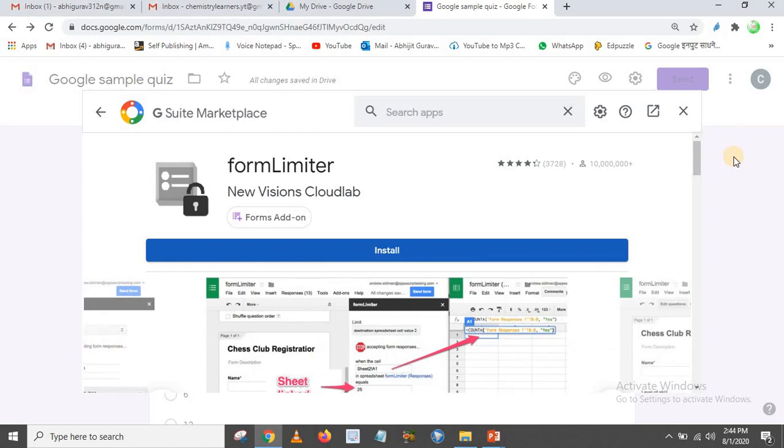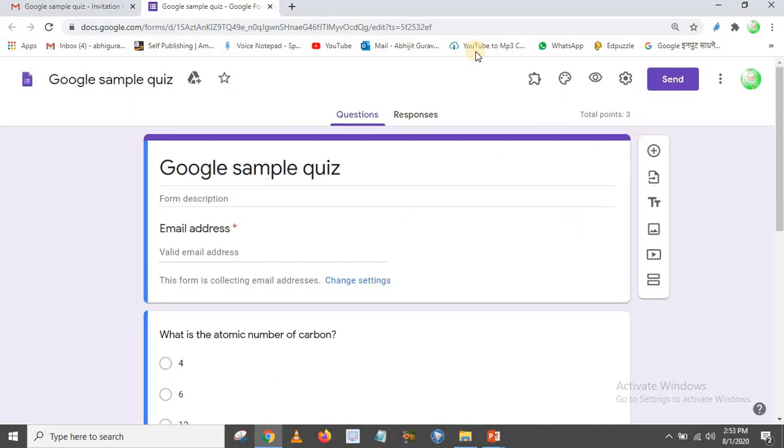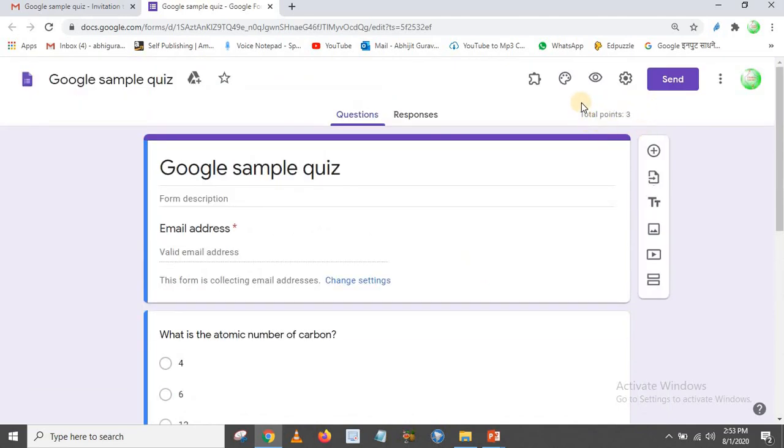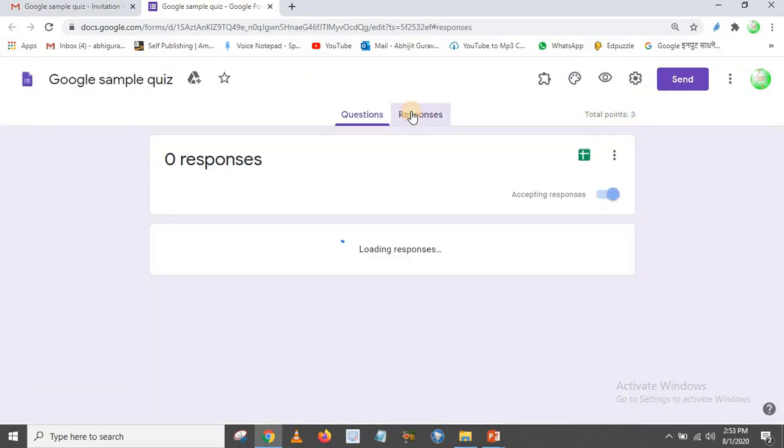After adding that add-on and clicking on the form, you will get the icon for this add-on here. Before clicking on it, I want to show you one thing: you have added three questions in this form. You will see total points as 3. Then you can see responses, there are 0 responses.